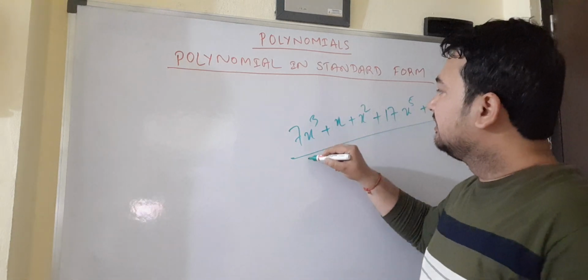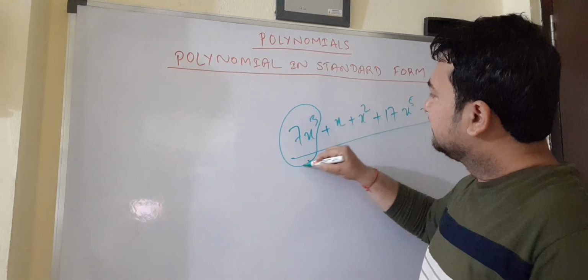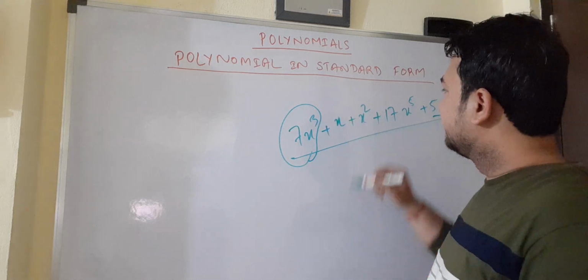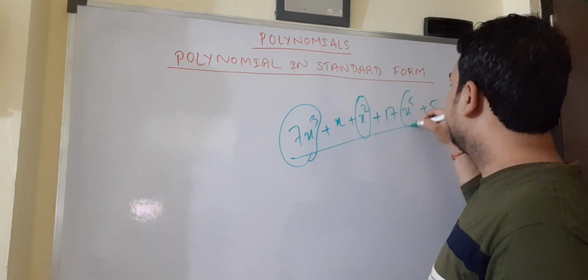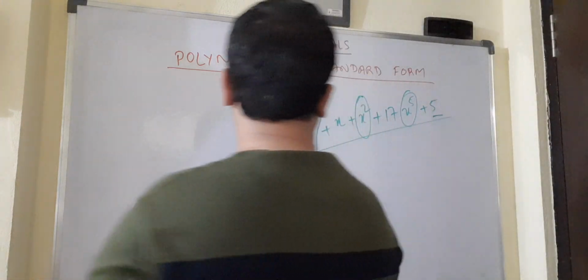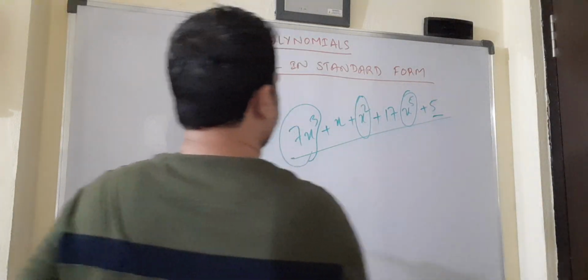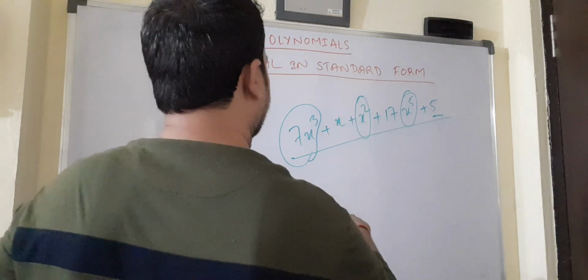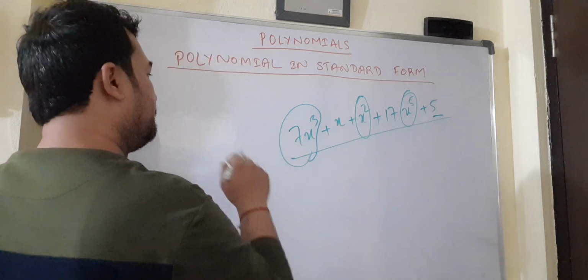This is a very de-arranged form. See here, x to the power 3 is here, x to the power 2 is here, x to the power 5 is here. So if we arrange it in a fashion, either in ascending order or descending order of the powers,